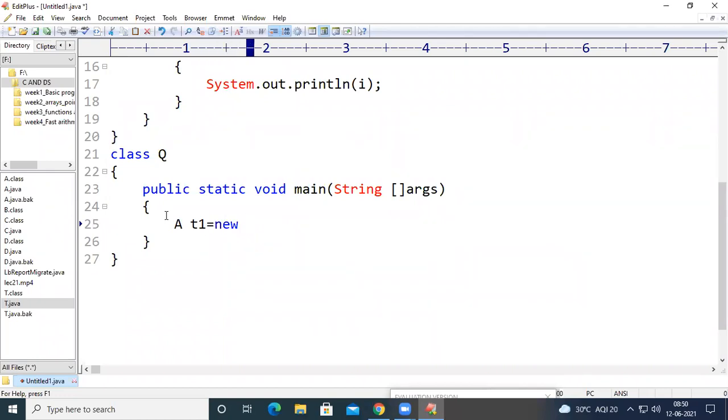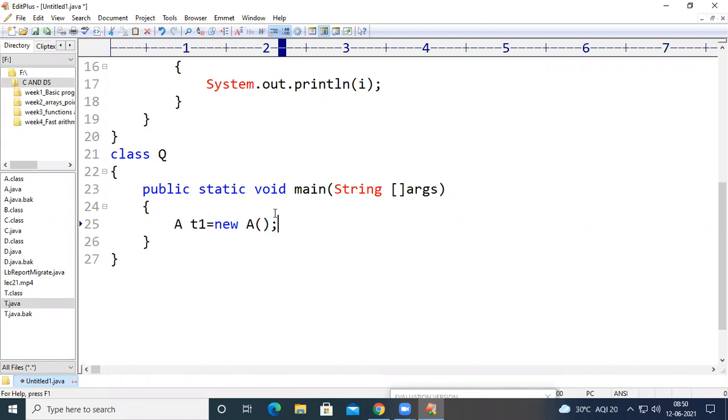By doing so, we are bringing the code inside A into the new state. As we have always studied, there are 5 states of a thread: new, ready, running, waiting, and dead state. We have to bring the thread into the new state and then into the ready state. After that, it is taken care of by the CPU. When it is in the running state, we can move the thread into the dead state by using the stop method, or we can move the thread into the waiting state by using the sleep, join, suspend, and wait methods.